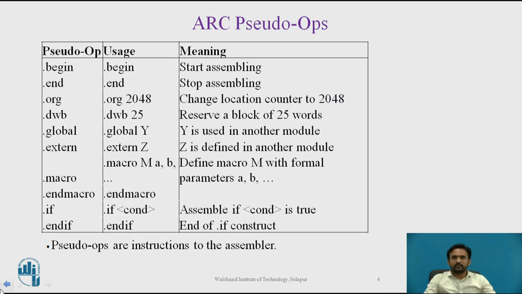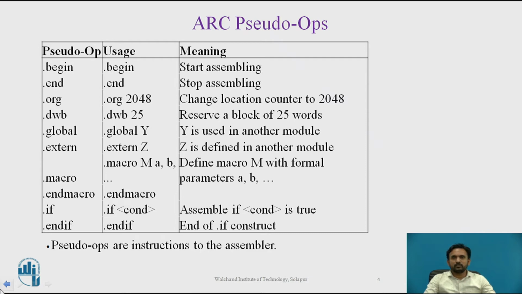The .begin and .end pseudo operations tell the assembler when to start and stop assembling. The statements that appear before .begin or after .end are ignored. A single program may have more than one .begin .end pair, but there must be a .end for every .begin, and there must be at least one .begin. The use of .begin and .end is helpful in making portions of the program invisible to the assembler during debugging.